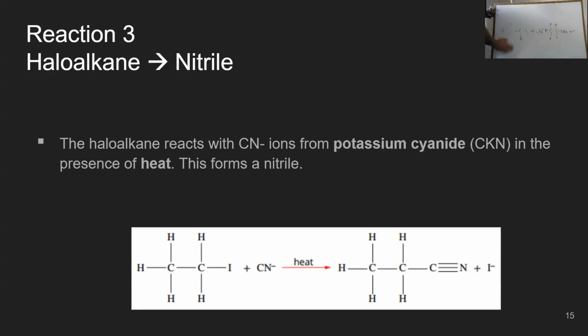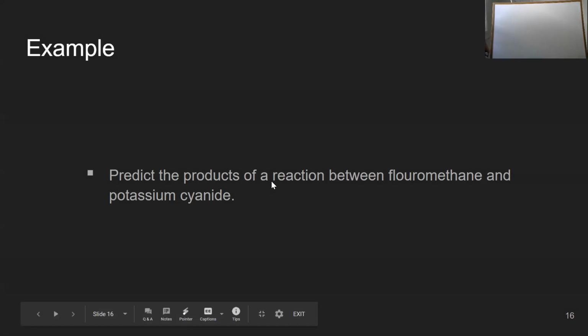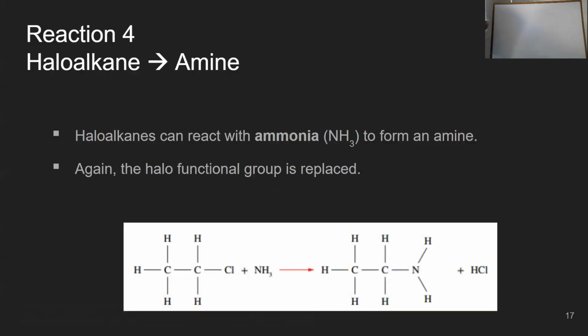Now there are quite a few reactions to go through. I'll send out all this. So, haloalkane to an amine. So the amine group is NH2. So if I add ammonia to anything, little hack, we end up with